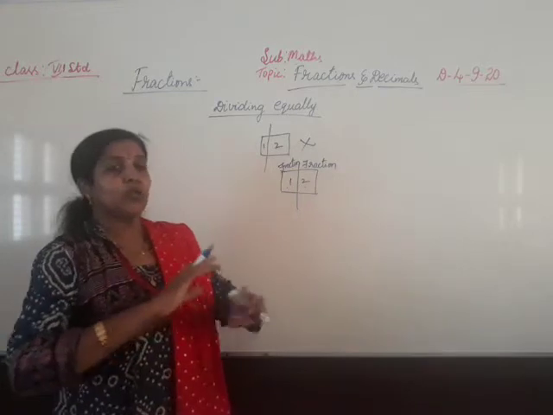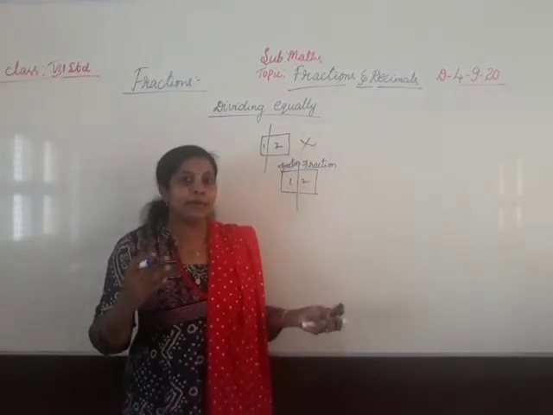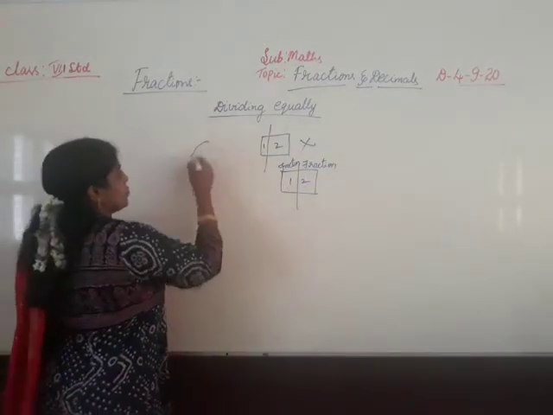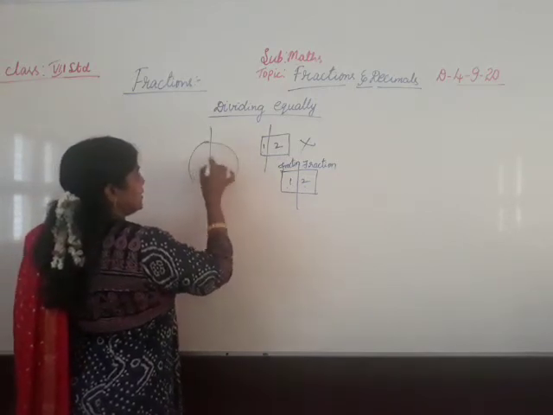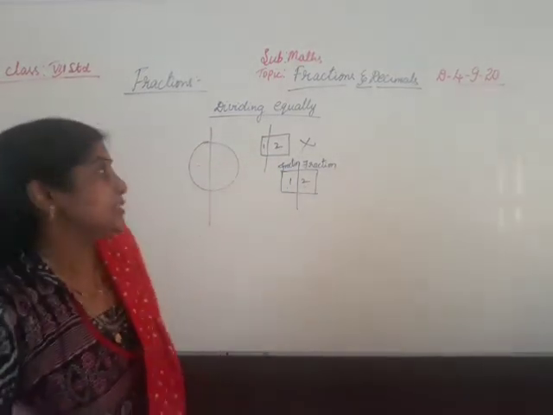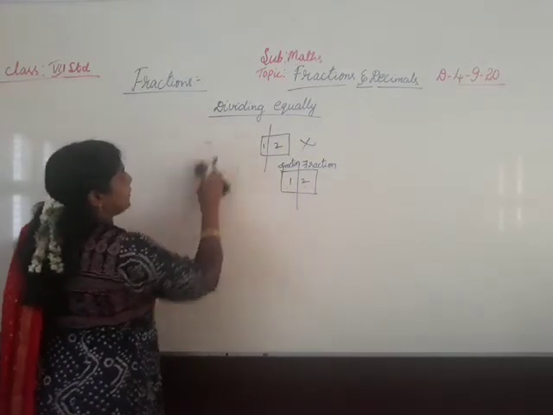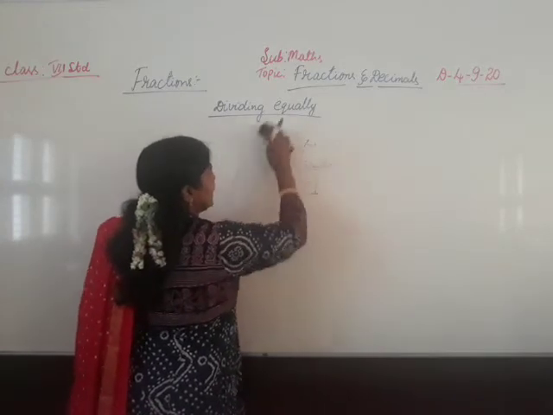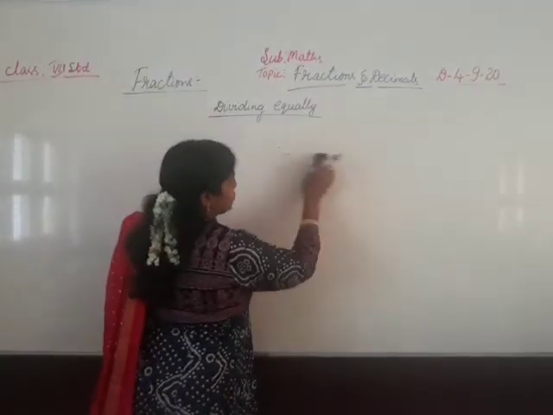If we divide it into two equal parts, three equal parts, four equal parts, however many parts we want, it may be a number, it may be things also, then we can call it a fraction. If I divide it equally, then we can say it is a fraction. This is a fraction part, this is a fraction part. Understood? So fraction is a part of a whole, meaning if we cut the whole thing into equal parts, each part is called a fraction.